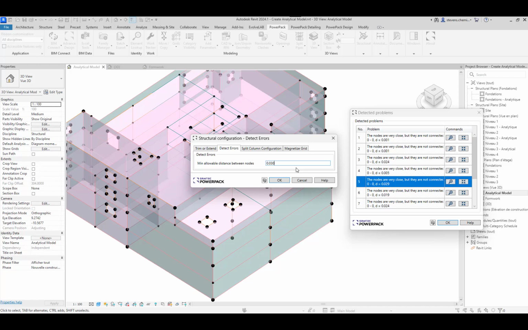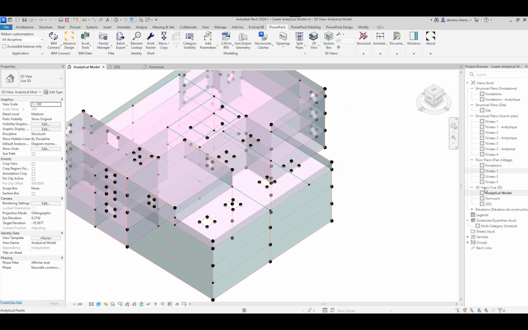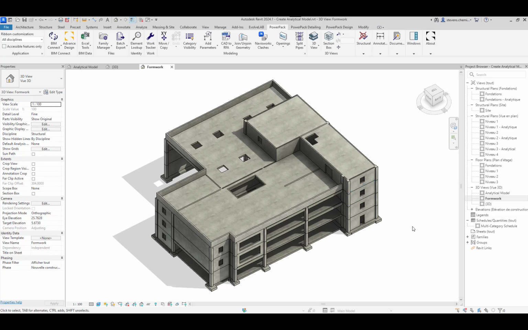So the algorithm will use this value to detect if some nodes are an issue or not, depending on the distance placed here by the user. Okay, that's for these points. I propose to come back to the presentation.